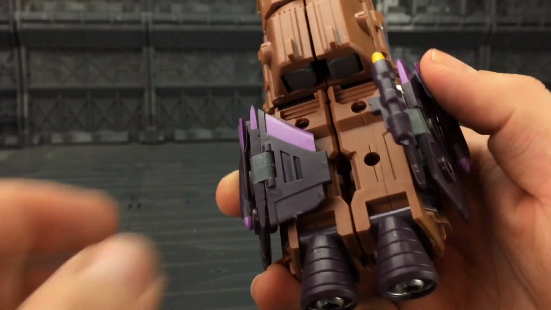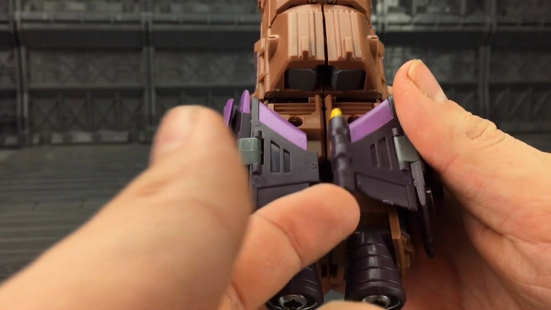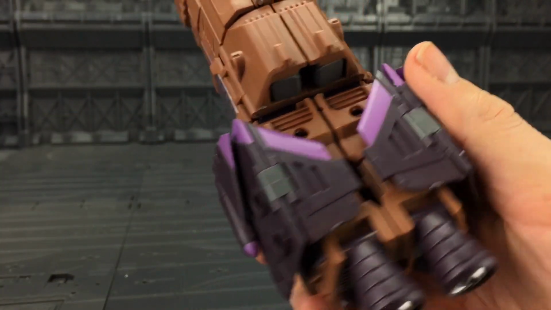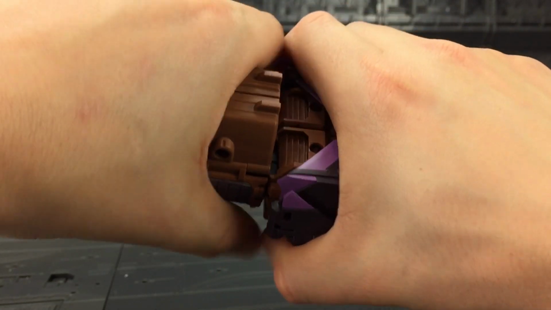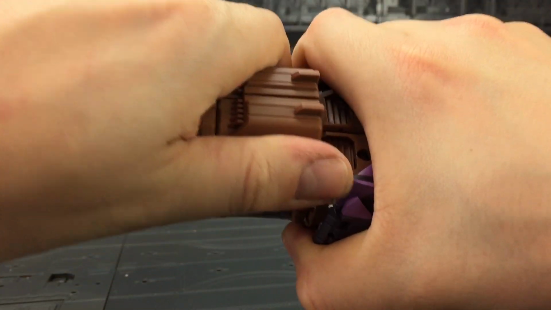Now normally if we had 2 of these sections, when you fold this section over, it would cover up this gap in the middle there, but for now, because we only have 1, that gap is going to be exposed. From here, we want to grab this section and just yank it apart. Give it a good tug. Basically, we're going to